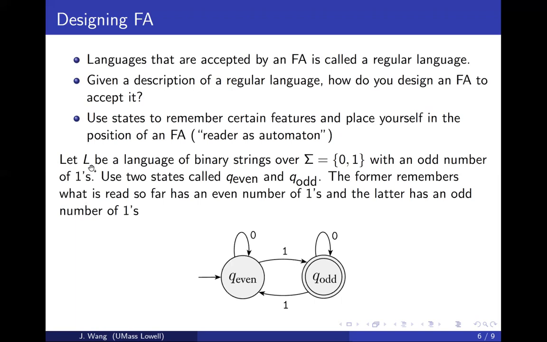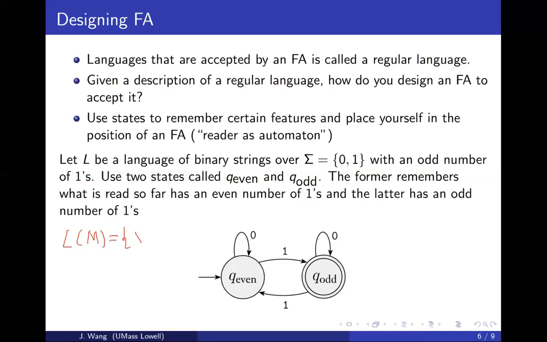So we let L be a language of binary strings, which means it's a string over this binary alphabet, with an odd number of ones. So in other words, this L over M